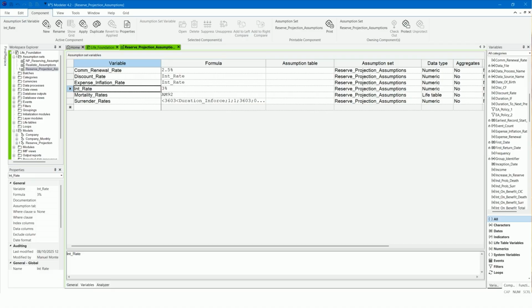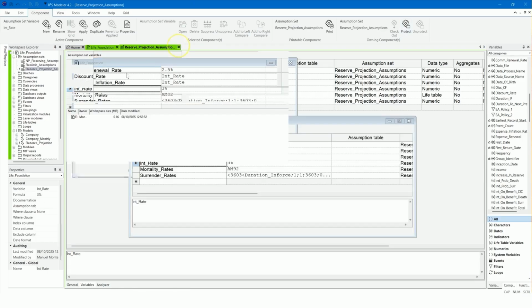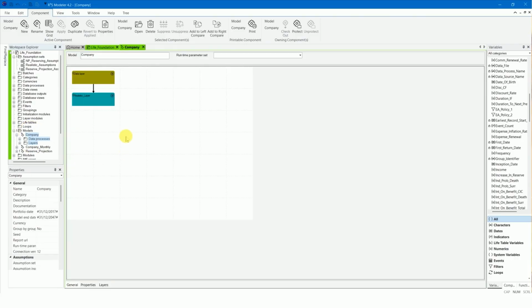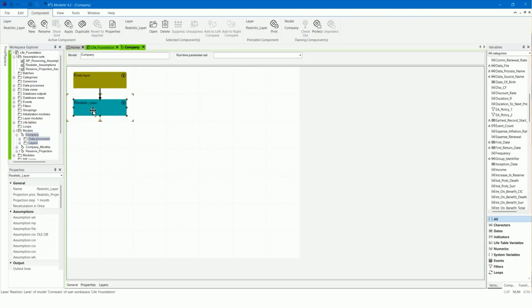Now let's adjust the company model to include a reserving layer to calculate the reserves using discounted cash flows. Right-click in the realistic layer box to add the reserving sublayer.